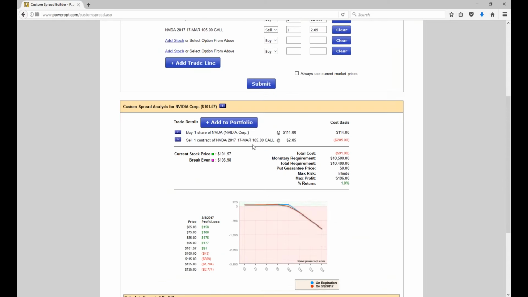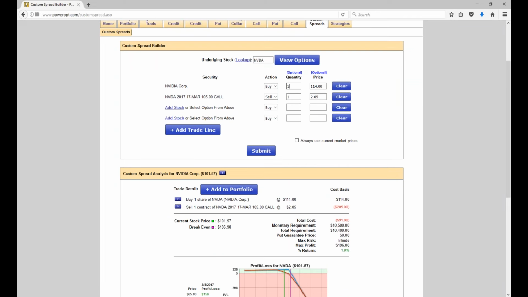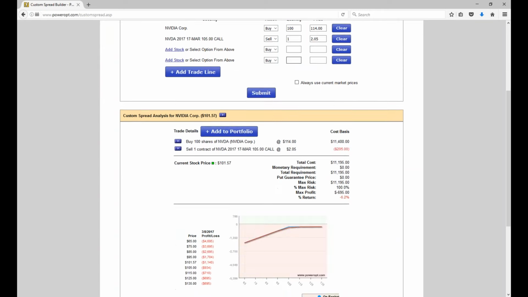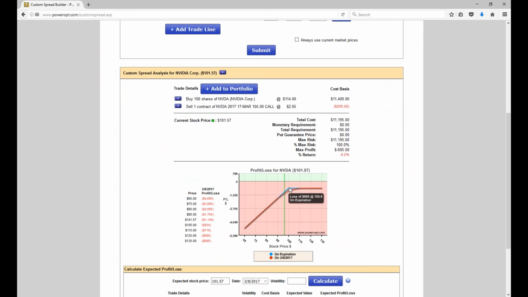Now, this is going to reduce our cost basis down from, of course, 114. Sorry, folks. This would help if I put in the proper number of shares, wouldn't it? That's much better. All right, so this is not a good fix. We're still going to lose 6.2%. We are going to lower our cost basis in the position down to 111.95. It doesn't address the downside any further. The stock repair won't either.